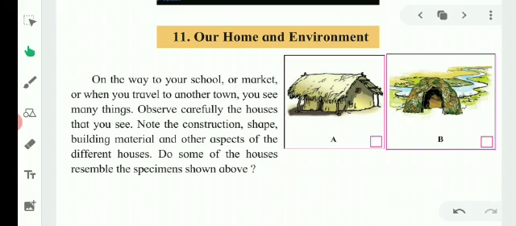Different types of houses are given. Sometimes when you are traveling with your family, जब आप घूमने के लिए जाते हो, you can see the different types of houses built. अलग अलग तरीके के houses रास्ते पे आपको दिखेंगे. The different types of houses are built in our area.